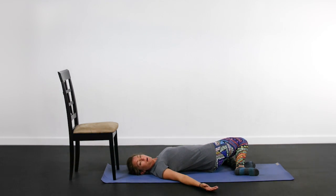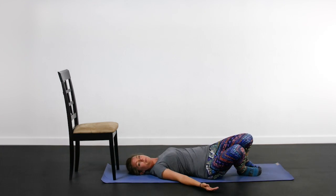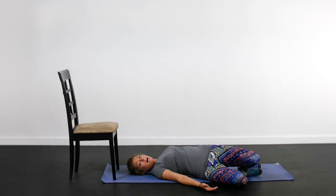You're going to take some deep breaths and just go as far as you feel comfortable, aiming to get your legs down to the floor. One more deep breath. Inhale, exhale, and switch sides. We're going to take those knees to the opposite side now, and I'm going to keep